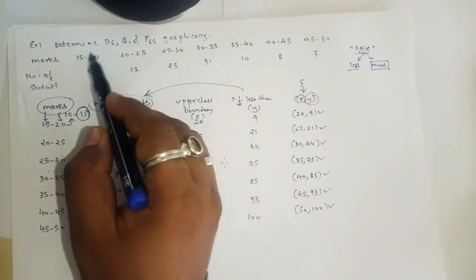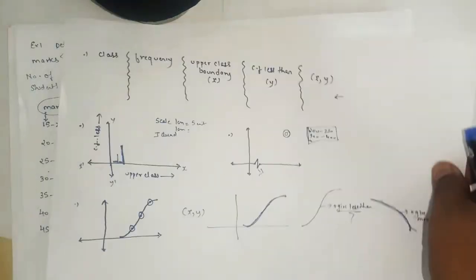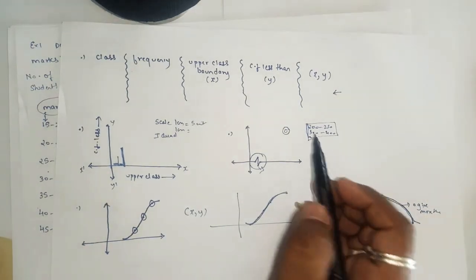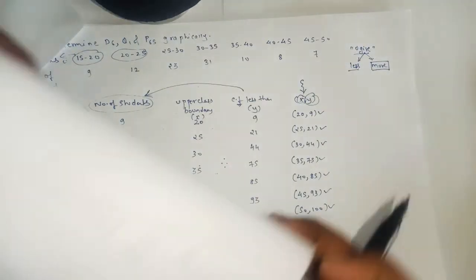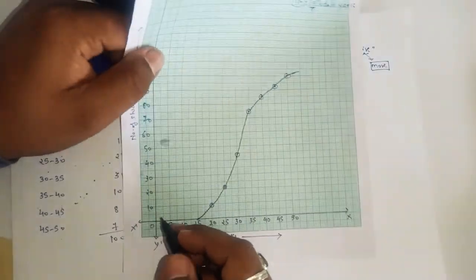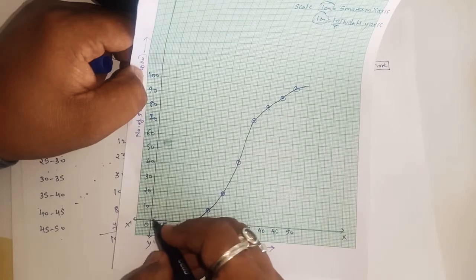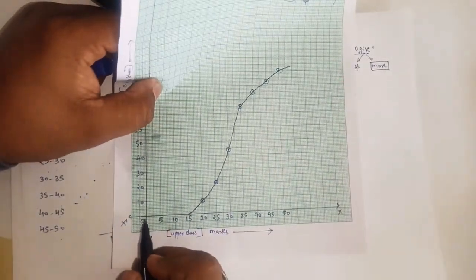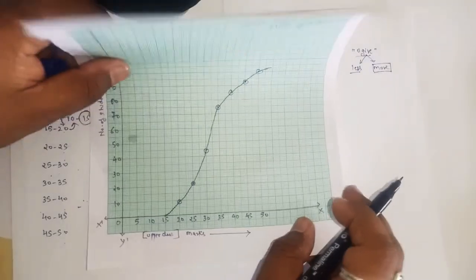As we can clearly see, the numbers are closer to 0, and this is closer to 0. So as I told, whenever it is closer to 0, there is no need to show this kink symbol. When the class starts from 200, 300, 400, that time you have to show the kink symbol. So it is not compulsory that for this sum you have to show the kink symbol. Basically the concept is: whenever the class is not starting from 0, we have to show the kink symbol. Basically it is the actual concept.